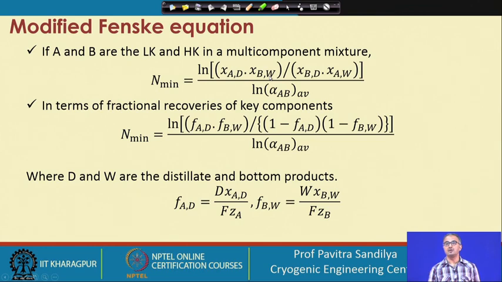In this case, we are not using B for bottoms; we are replacing the bottoms with W, so that we do not confuse it with the component B. So we are using W as the bottoms. This is the mole fraction of the heavy key in the bottoms. This is the mole fraction of the heavy key in the distillate, this is the mole fraction of the light key in the bottoms, and this is the average relative volatility between A and B, between the top and the bottom of the column. Average, because as we know, the temperature and pressure vary along the distillation column, so we take an average between the top and bottom of the column.